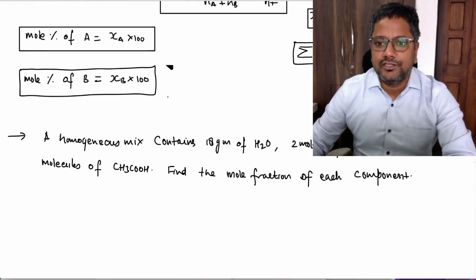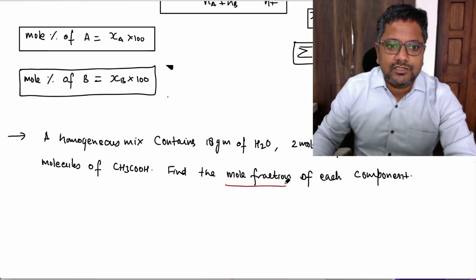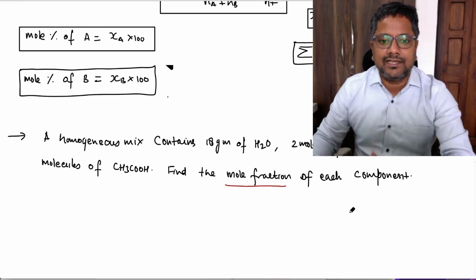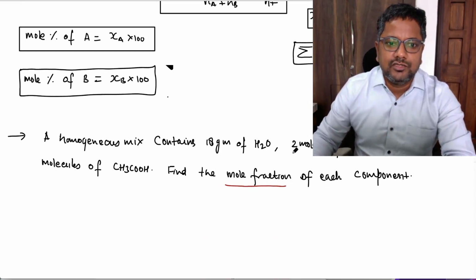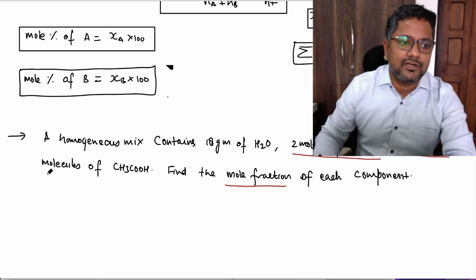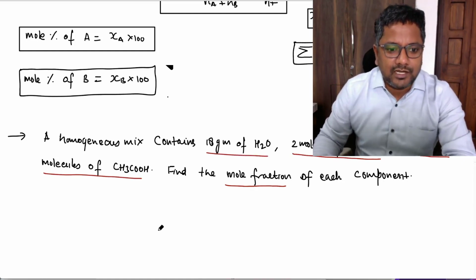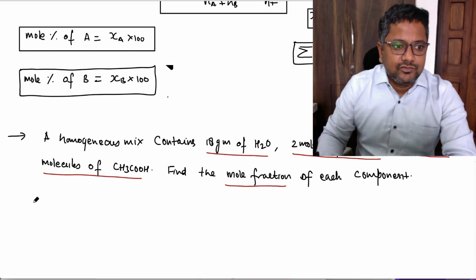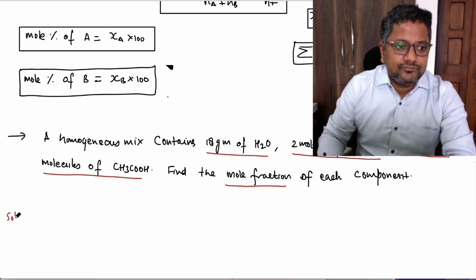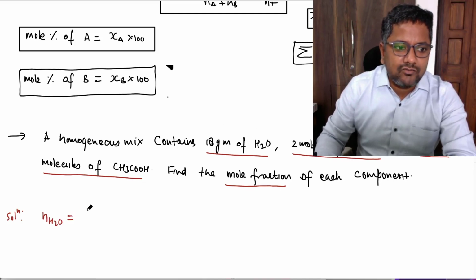See how to proceed with this question. The question is asked about the mole fraction, so each component must be expressed in terms of moles. So you have the moles of ethyl alcohol, but you do not have the moles of acetic acid and moles of water. So first you have to calculate the moles of water. So moles of water, what formula are we going to use? The formula: mass of water